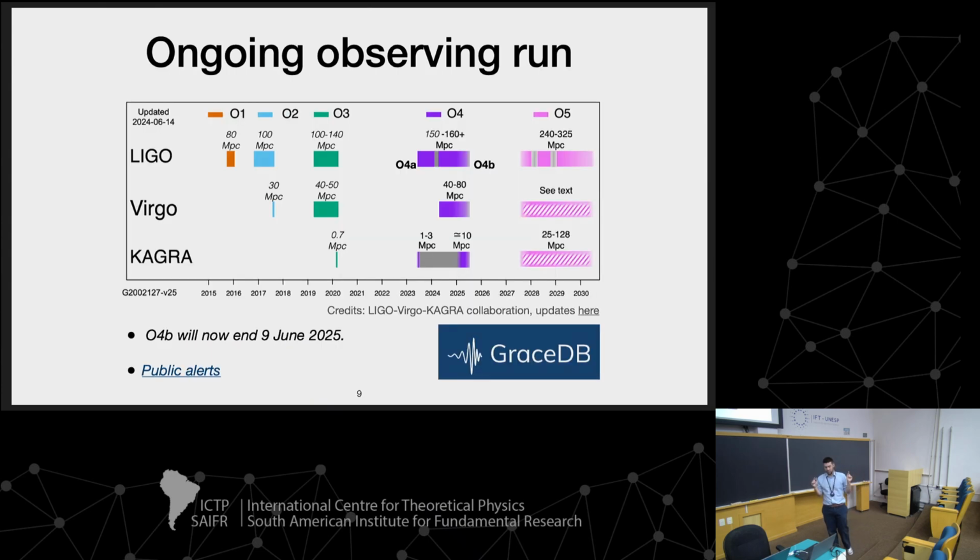We are in an observing run, the 4th observing run. Here I'm showing you the 3 functioning detectors as a function of time. So you can see the amount of time the detectors were on, and you see a number, for example here, 80 megaparsec. That is the sensitivity of the detector to a typical neutron star merger, and you see that the sensitivity is improving over time. The improvements of the detectors are done when the detectors are switched off, of course.